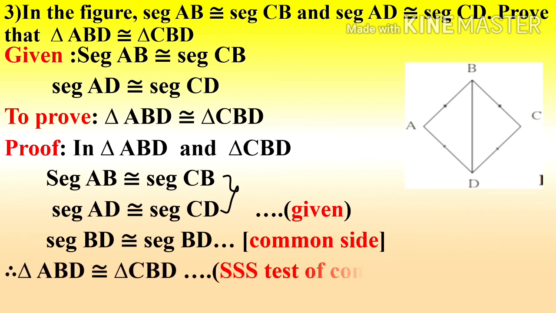Therefore, student, triangle ABD is congruent to triangle CBD by which test? SSS test of congruence, because all the three sides are congruent. Understood? Now after this, student,